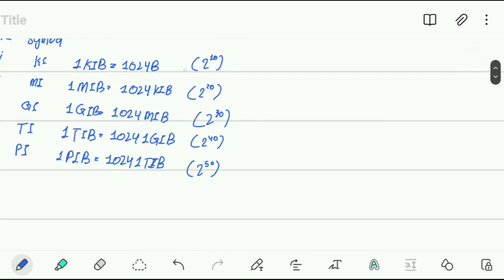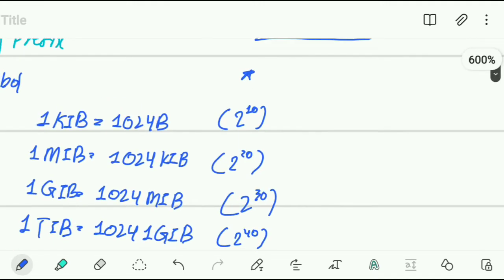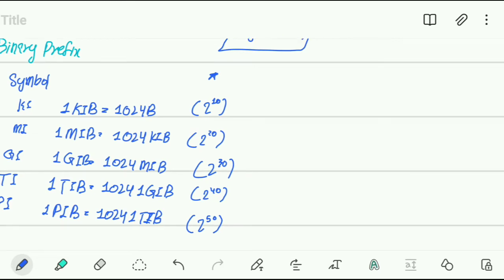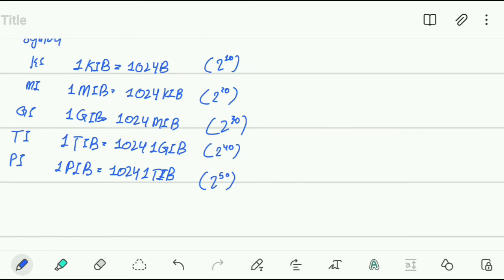Okay, 2 to the power 10 is equal to 1 kilobyte, 2 to the power 20 is equal to 1 megabyte, 2 to the power 30 is equal to 1 gigabyte, 2 to the power 40 is equal to 1 terabyte, and 2 to the power 50 is equal to 1 petabyte. Okay,